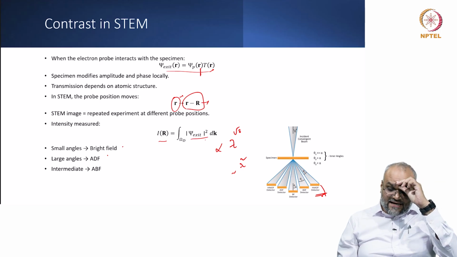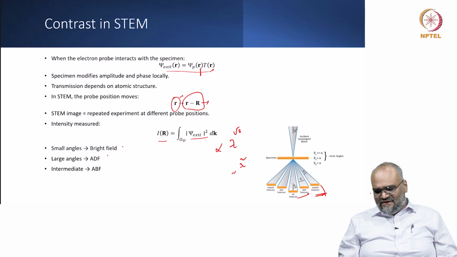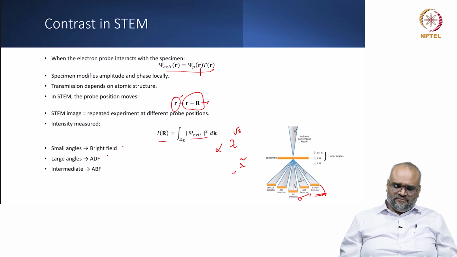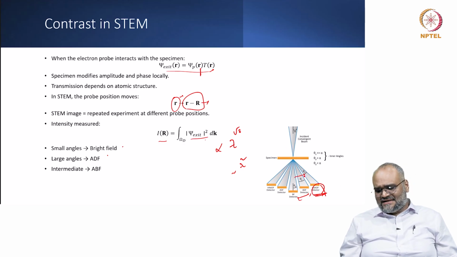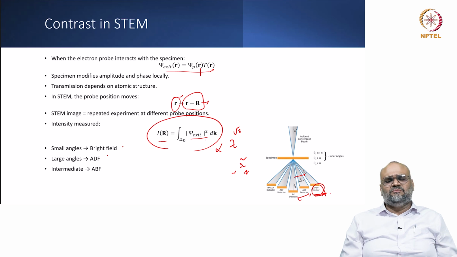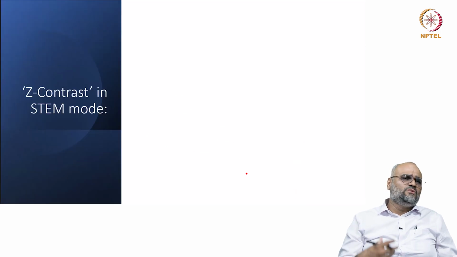If you look at the scattering angles in a transmission electron microscope, primarily the bright field and the annular dark field detector are still in the regime where you are recording the diffraction contrast information. You intentionally want to record with a very small camera length and with very large collection angles in such a way that the area integral of this intensity is predominantly dependent on the atomic number, and in this configuration you record what is called a high angle annular dark field image, and this gives you what is called